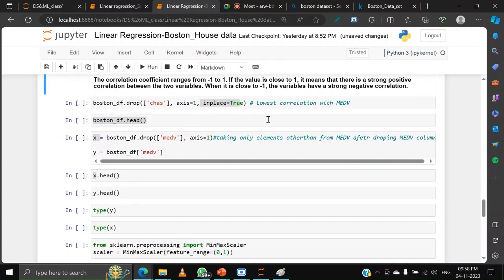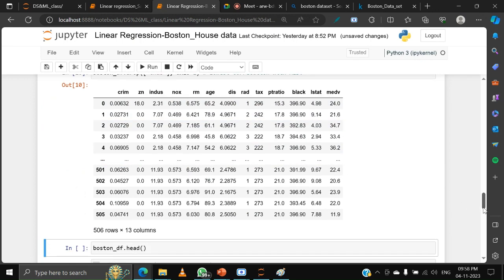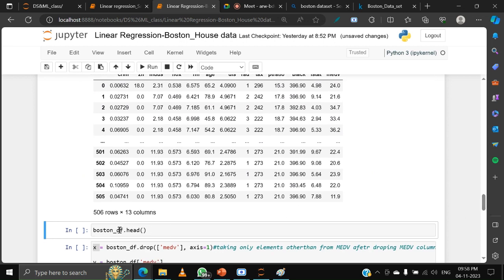Now you see, I am not using inplace equal to True, and I executed. So I am getting an output here. But you see, when I show the Boston DF again,